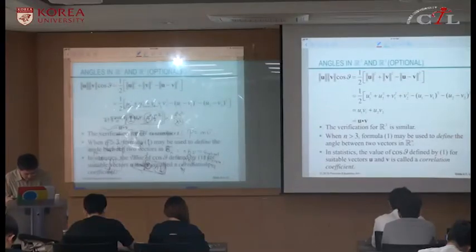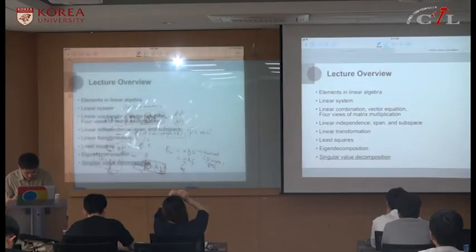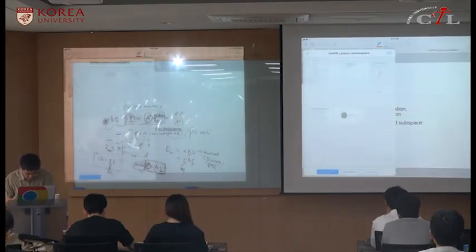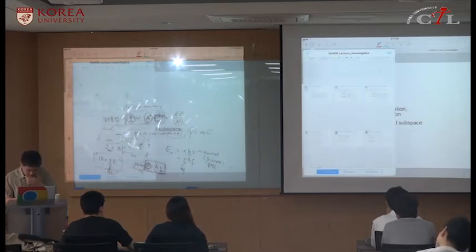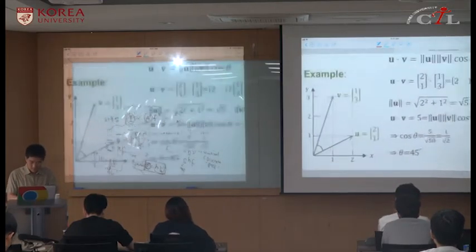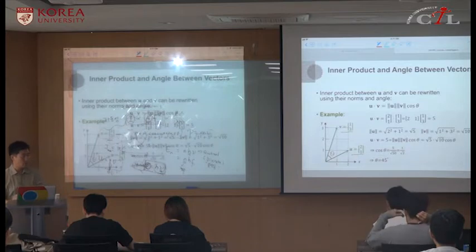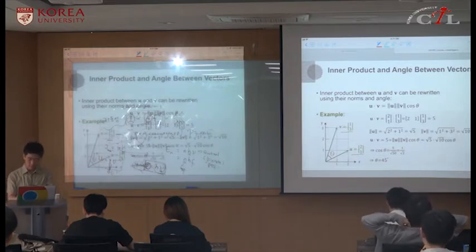Okay, so let me just give one example. This is just a simple example. Given this two-dimensional space, u = (1, 1) and v = (1, 3), suppose we want to compute the cosine theta, where theta is the angle between the two vectors. We first compute the